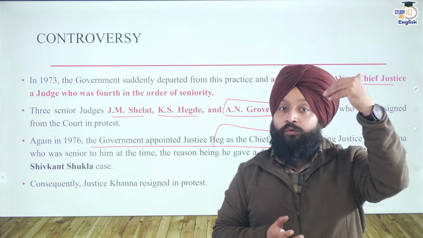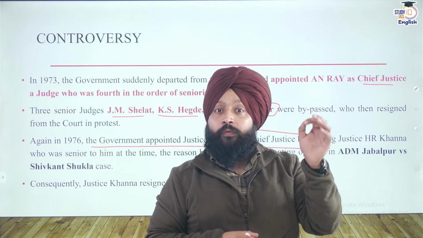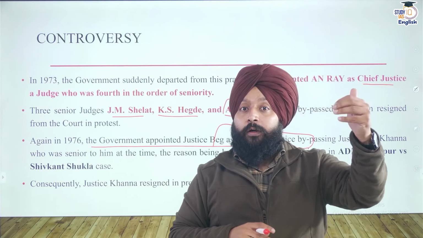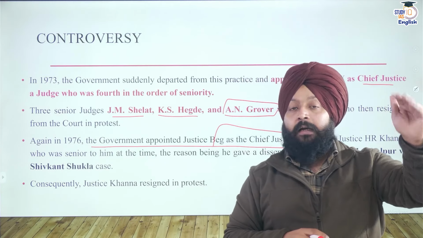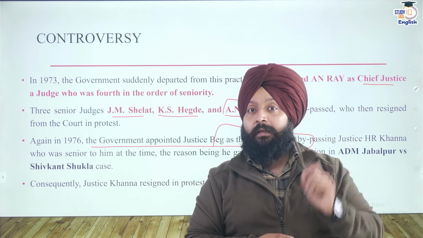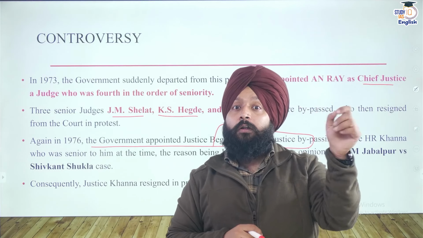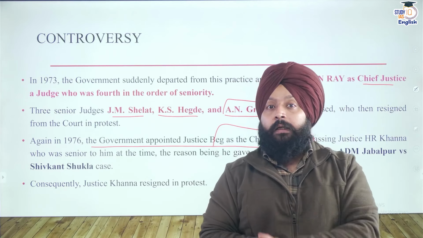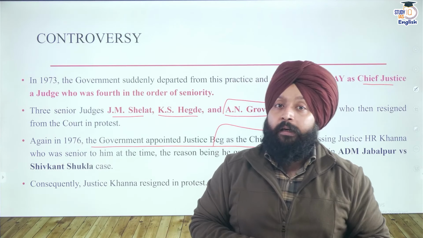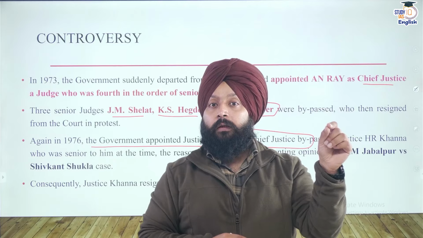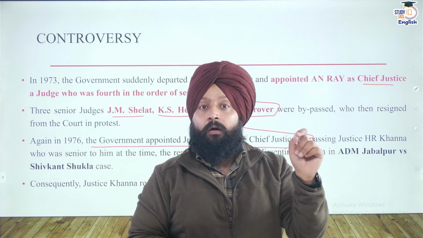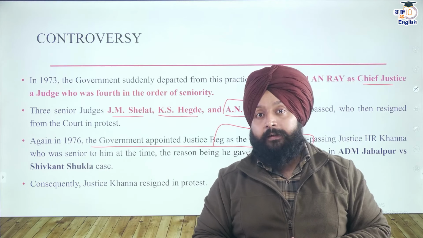So when these people used to go to Supreme Court and used to file a writ petition, as Article 21 was already suspended, the court rejected these petitions by stating that Article 21 has been suspended. So you cannot approach us. But Justice Khanna stated Article 21 is not the only article that protects the liberty. There are multiple articles in the Constitution that protect the liberty of an individual. That means even by suspending Article 21, the government has still adhered to the procedure of law while it is imprisoning or incarcerating a person.